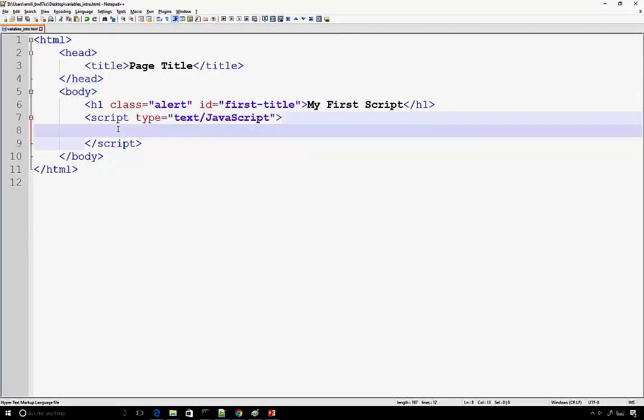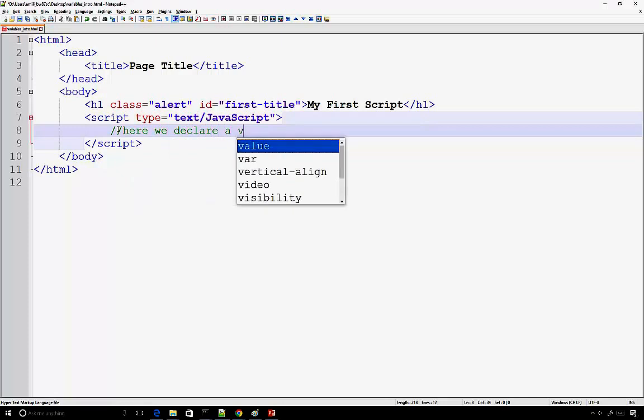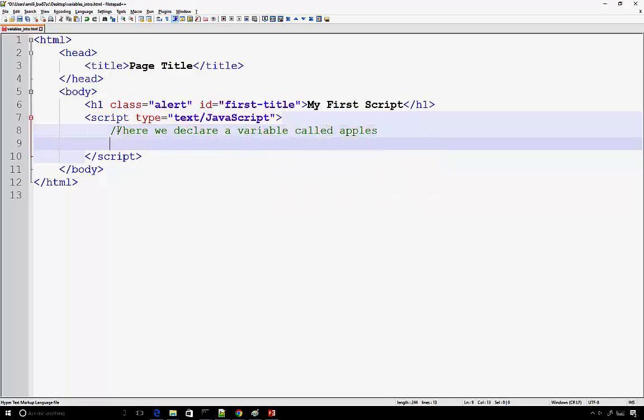Let's write down our comments. This is something I like to do before I start writing the code, giving those instructions just like making that sandwich. So two forward slashes. We'll say here we declare a variable called apples. The way we declare a variable is by using a keyword, var. So whenever we want to grab a mason jar that's empty from the computer's memory and put something in it, we first have to give it a label. So first step is giving it a label. Here we're calling it apples. And then this is a statement, and like we know, all statements need a semicolon, so var apples;